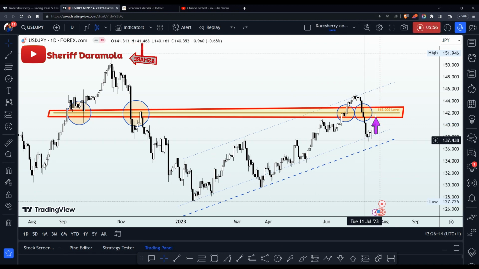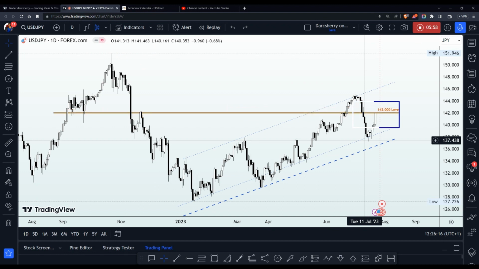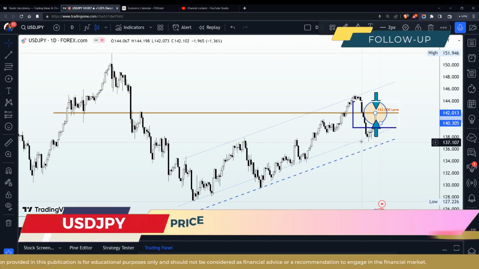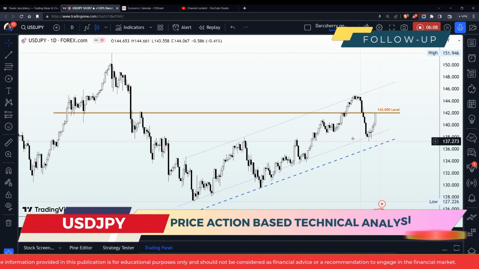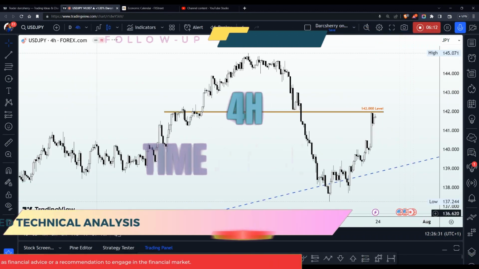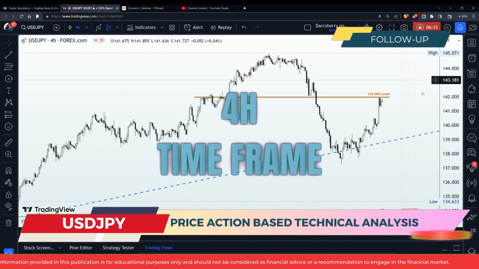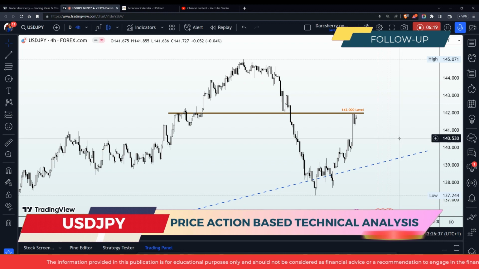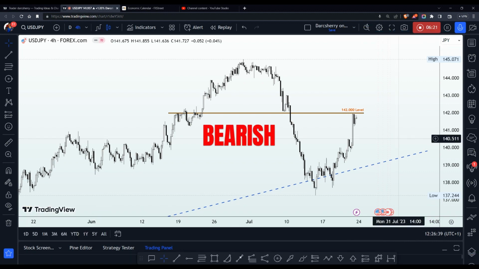Now, you will agree with me that we are at a critical point in the market, and depending on how price action or how participants in the market react to this level will determine what our next line of action will be. Now, scaling down into the 4 hours time frame to have a better perspective into what is really going on here. Well, I'm of the opinion that things are still looking very bearish at this point in time